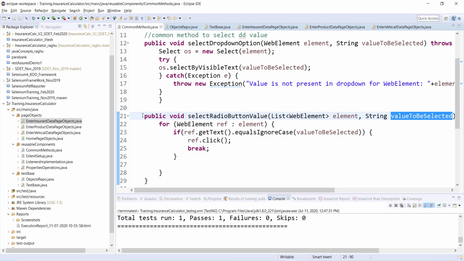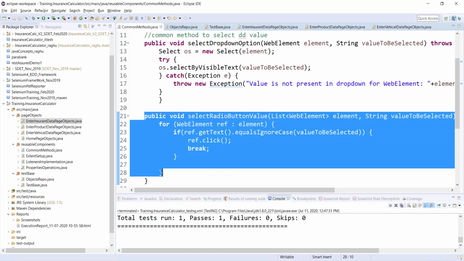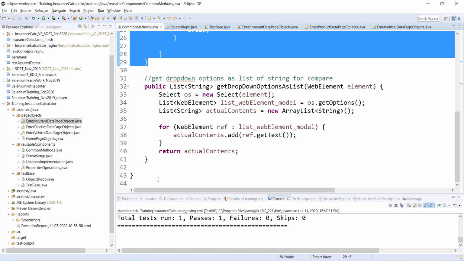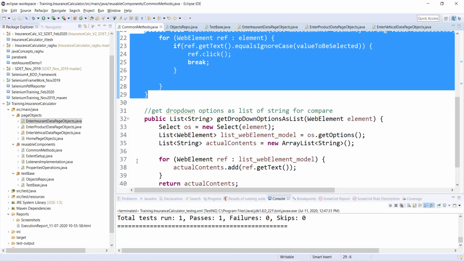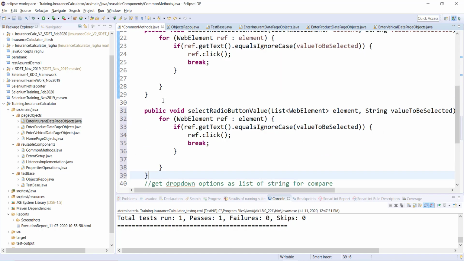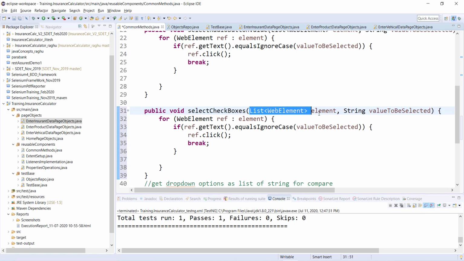So what I'll do is copy paste the same method, and I'll simply modify it for checkboxes. Let me rename it as select checkboxes.